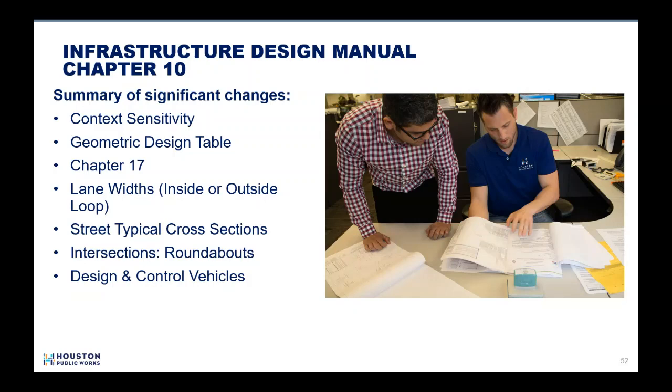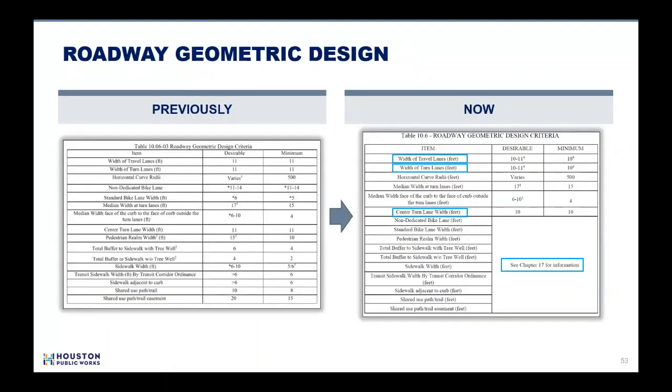We'll talk about street typical cross sections, some of the specific intersection improvements that we're looking for, including roundabouts, and also the change that we're talking about in terms of the design vehicle and introducing this concept of a control vehicle to the city. So starting with that